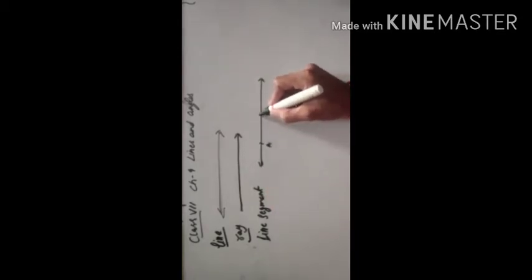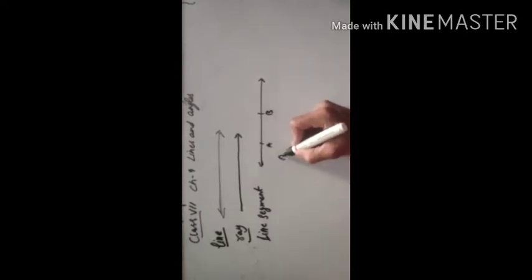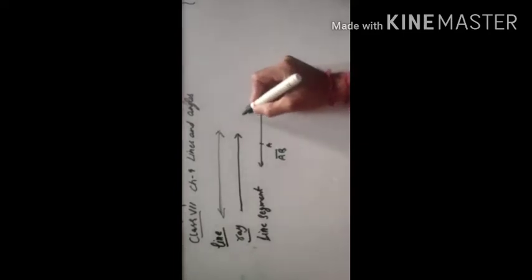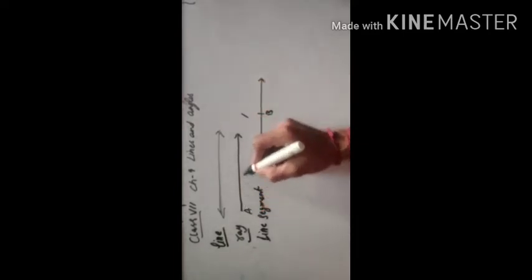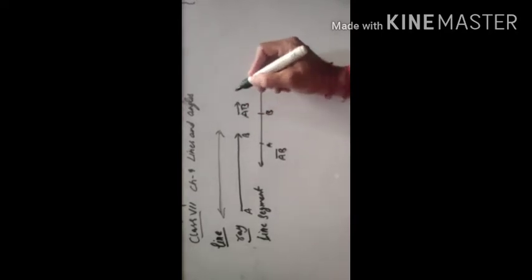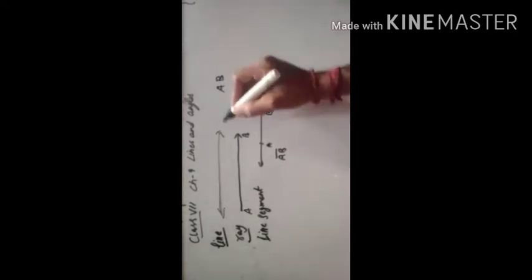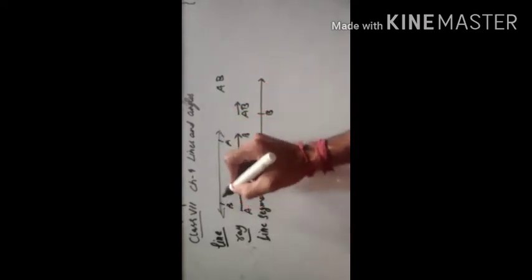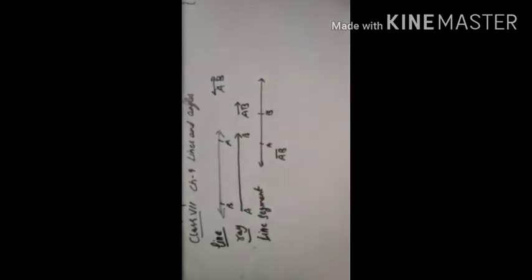Suppose this is AB and it has a definite length. So AB is a line segment. AB is denoted by this, and a ray is denoted by this, suppose this is A and this is B. A line is represented by this. Now intersecting lines. These are two intersecting lines, AB and CD.